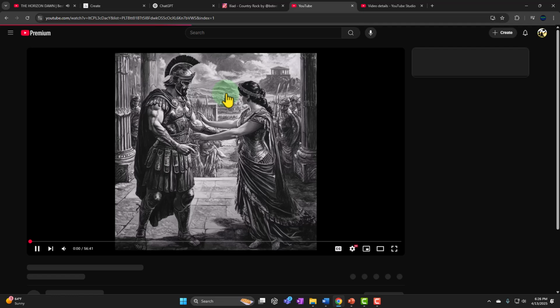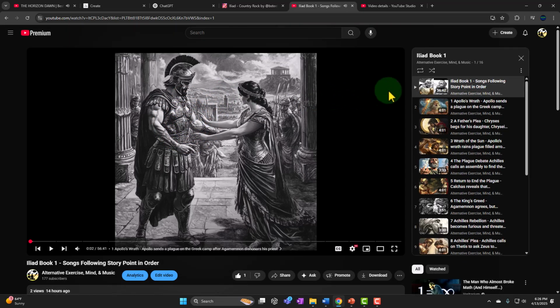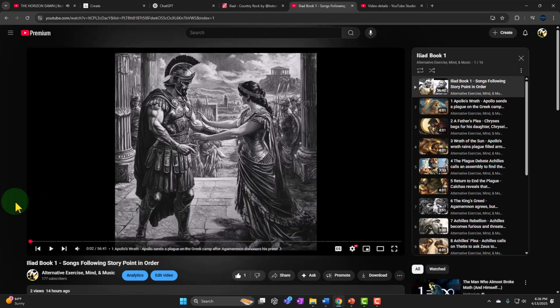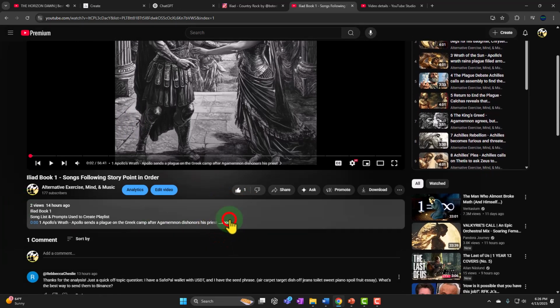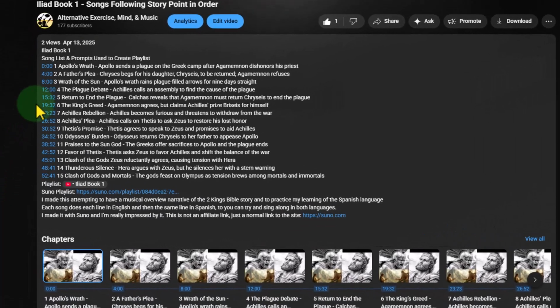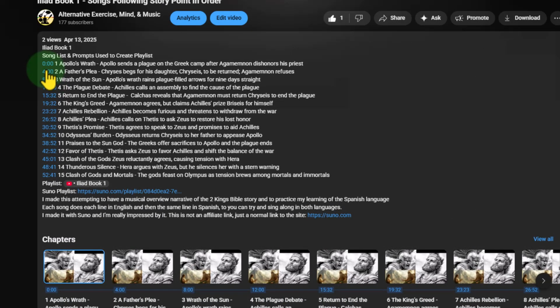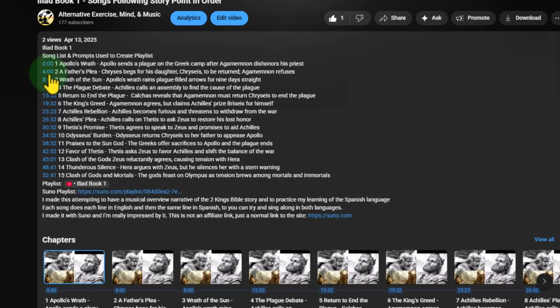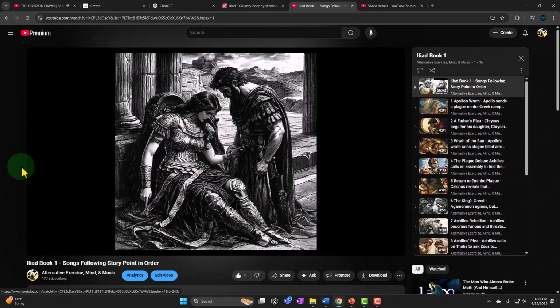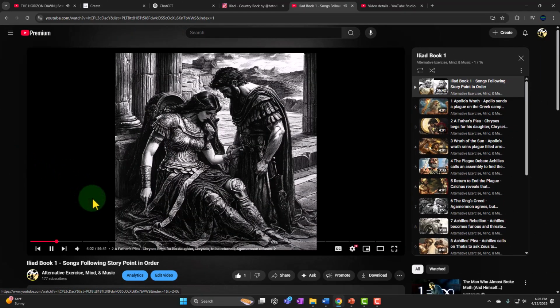So if I go into this one, you can see you got the playlist on the right hand side, but this is the one that has all the songs in one place. If I scroll down on it, this is the key component where we have the timestamps, right? So now we've got the playlist and we've got the timestamp. If I go into each individual timestamp, then it's going to take me to